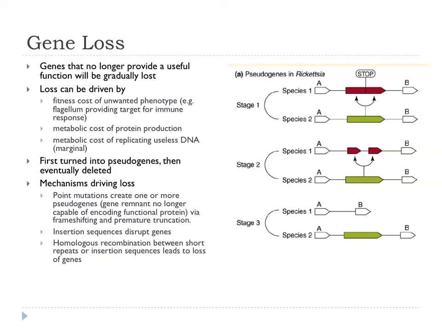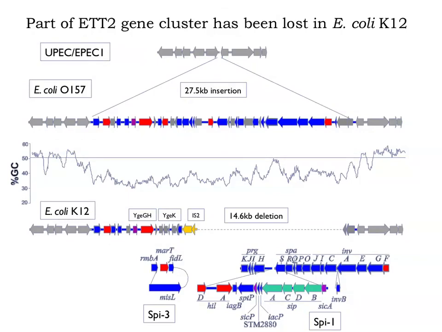It's not shown on this slide, but you often get insertion sequences jumping into those, and they disrupt the genes and provide a substrate for homologous recombination, and eventually the gene will get snipped out of the genome. I'll give you an example in more detail from our own research from a few years ago. We were very interested in a cluster called ETT2, which is found in E. coli O157. You can see that this whole genomic island is present as a 27.5 kb insertion